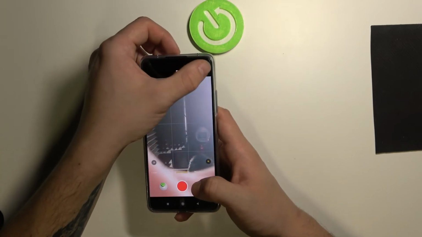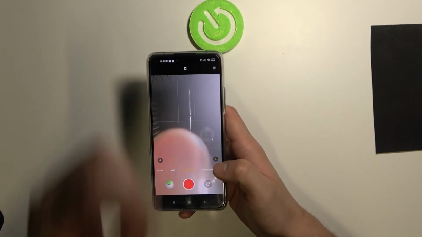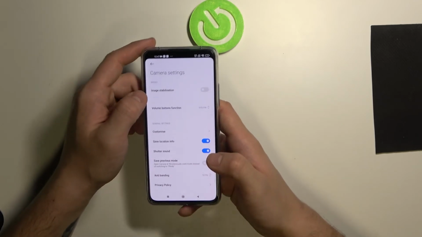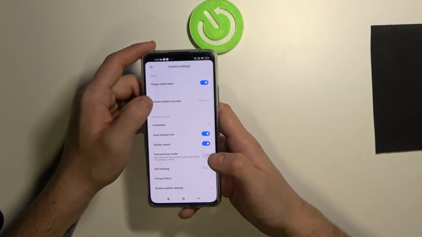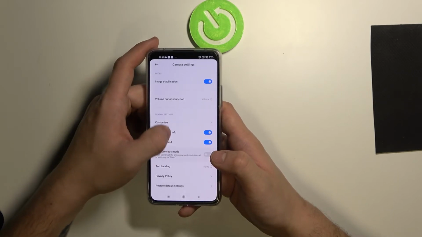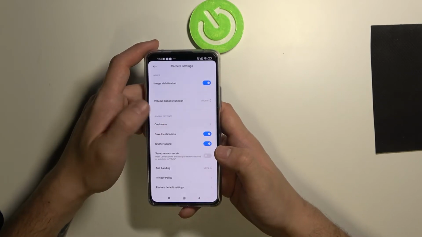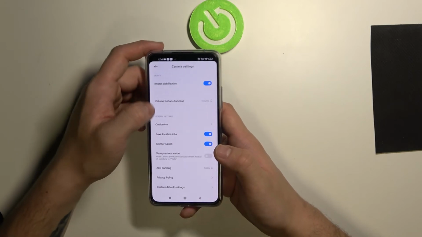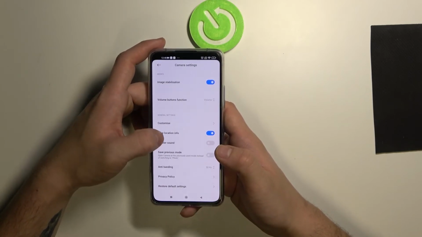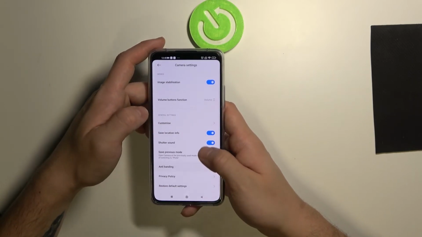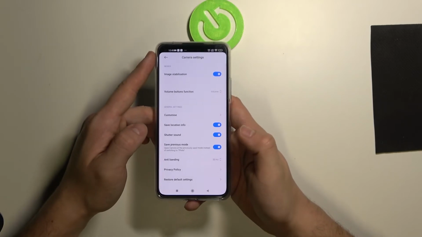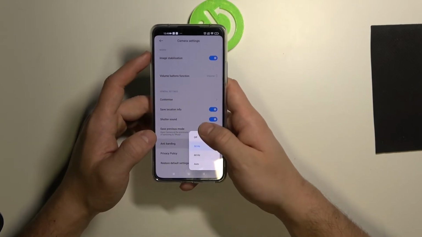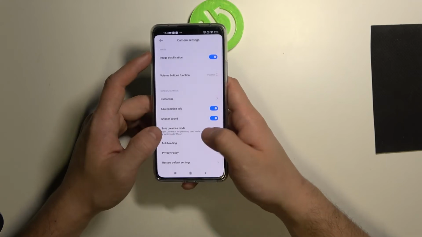Next, in settings, we can turn on or off image stabilization, we can change volume button function, customize our camera, save location info, enable or disable shutter sound, save previous mode, adjust anti-bending,